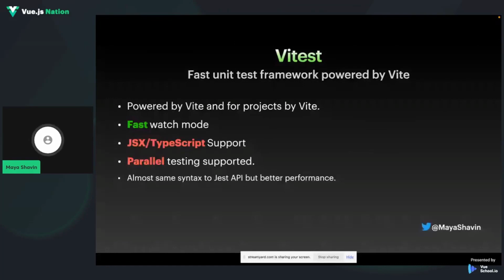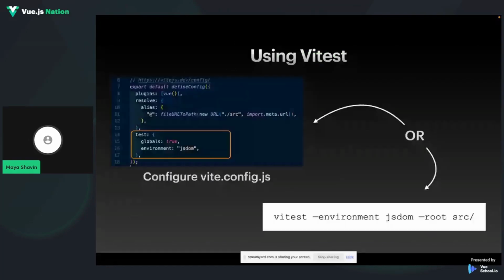Okay, so how are we going to use Vitest? Well, first of all, you need to install Vitest, either when you create a new Vue project, or you can add the Vitest dependency using yarn or npm. And in the Vite config JS, you can add the test object where you declare that you can use the methods from the Vitest package globally, so you don't have to import them again.